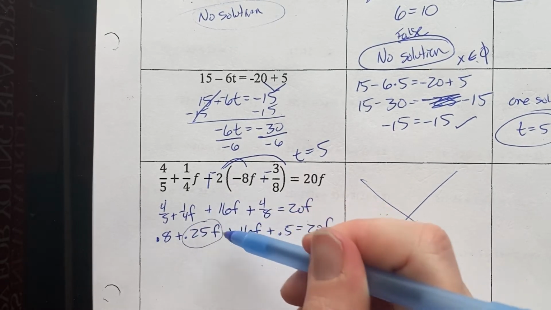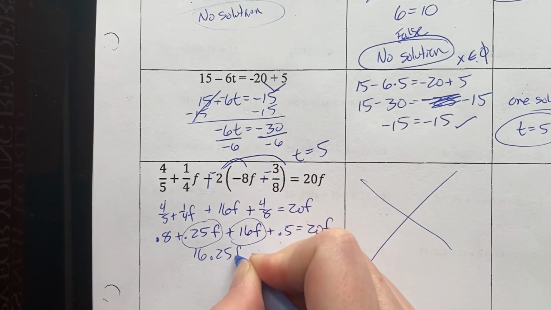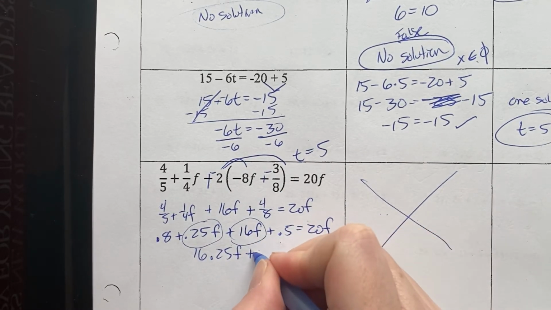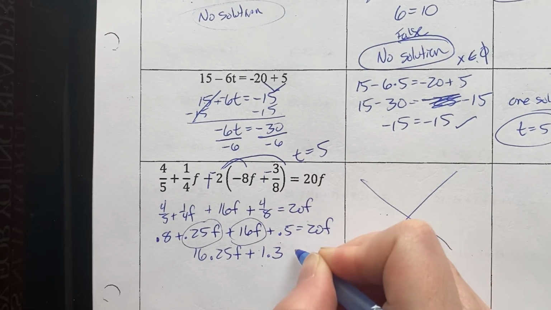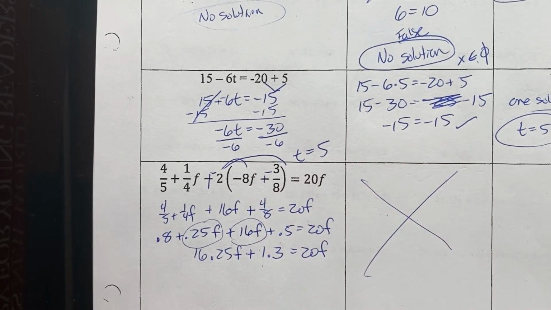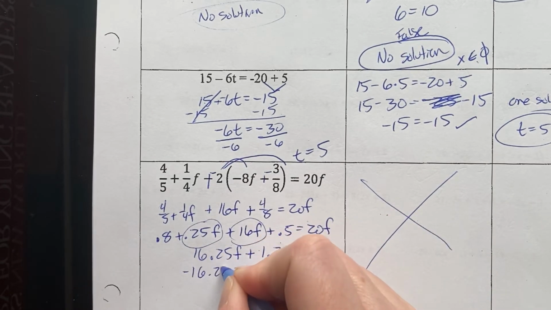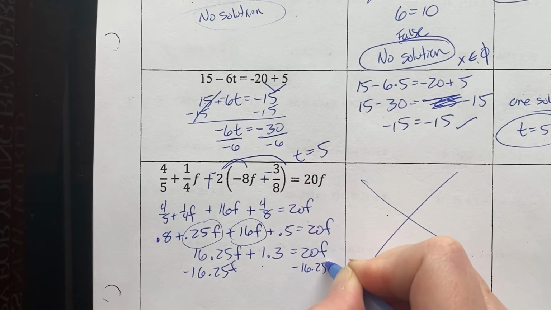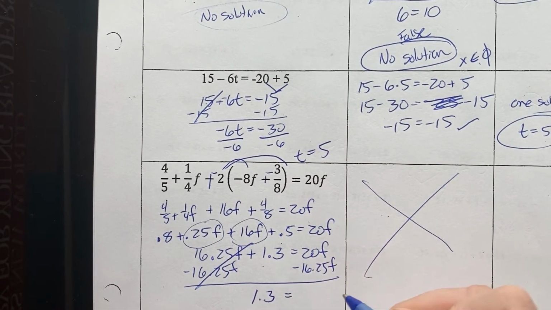Well, here's the f terms. 16.25f plus 1 3/10 equals 20f. All right. I guess we're going to subtract 16 25/100 f's. 1.3 equals,